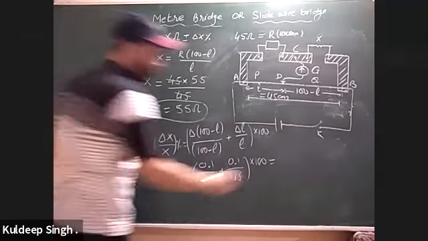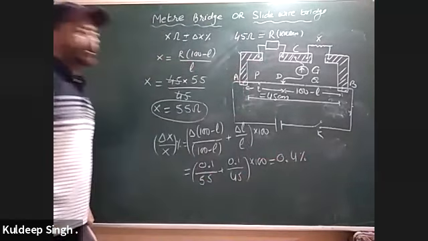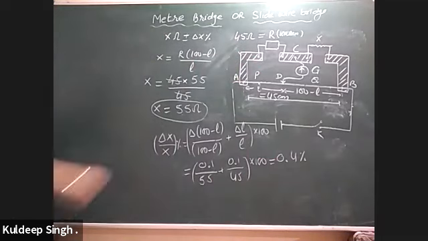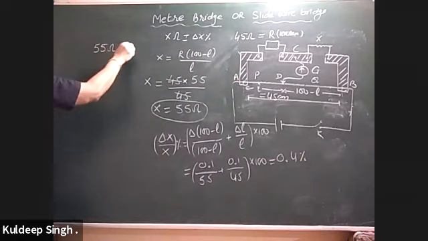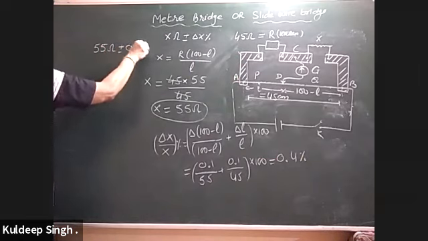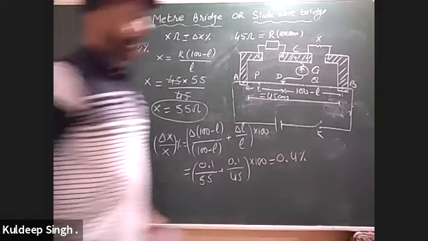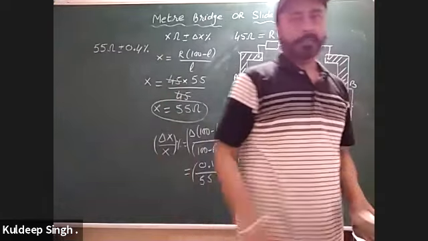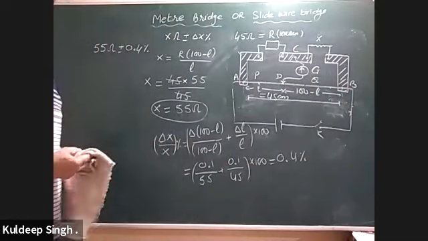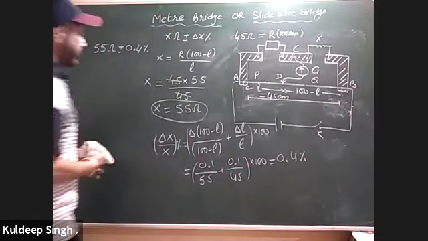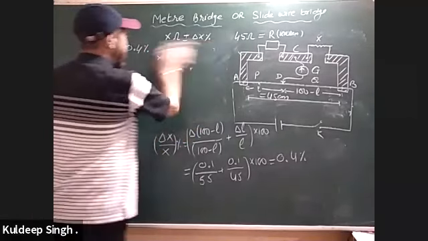When you calculate, your result should come out to be 0.4%. So what is the answer? So answer is 55 ohm plus minus 0.4%. In this way, you can find out the unknown resistance with percentage error. अब अगर टीचर ने आपसे एब्सोल्यूट एरर के साथ पूछा, then how to find out? Let me tell you the difference in percentage error and absolute error.